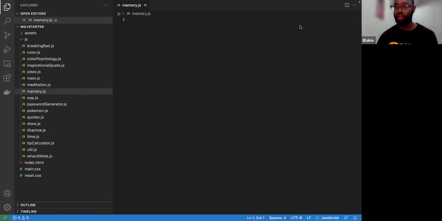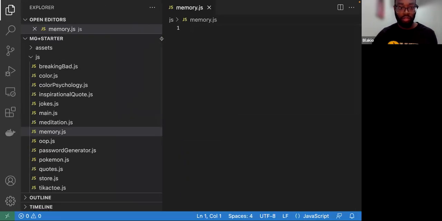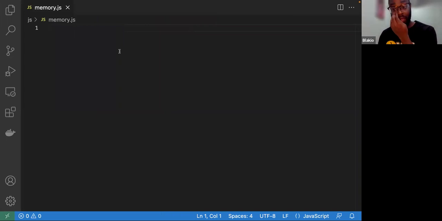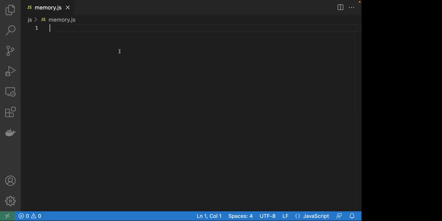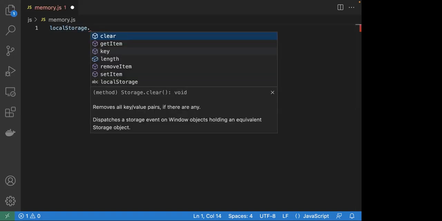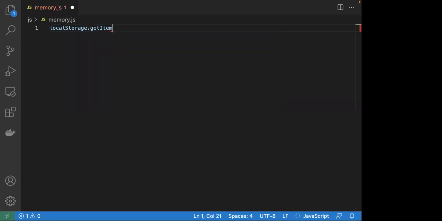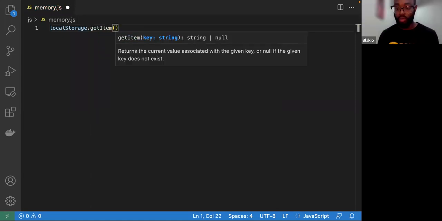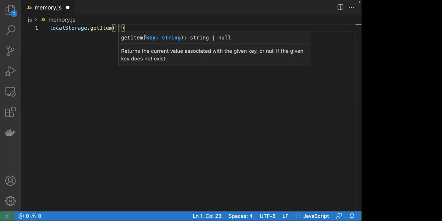Okay. So here I am with the blank file. Since I'm going to increase this, I guess the first question I should ask is, how do you pull something from local storage? What do you use to do that? Local storage dot... I forgot exactly what. Dot getItem. There you go. getItem. Cool. So what do I put here for the first parameter? What are we pulling from local storage?